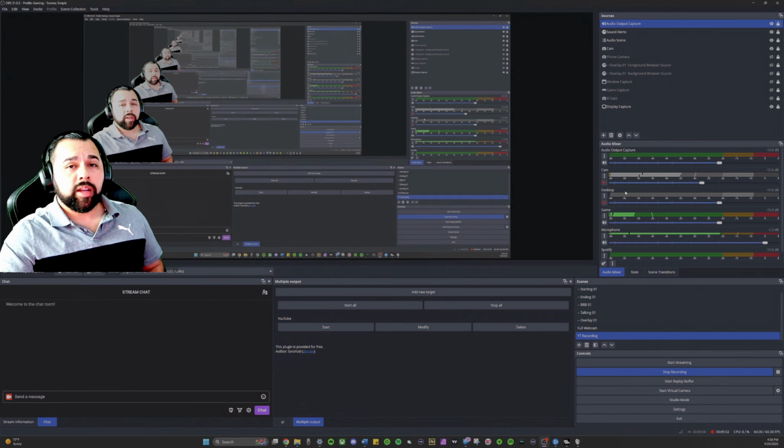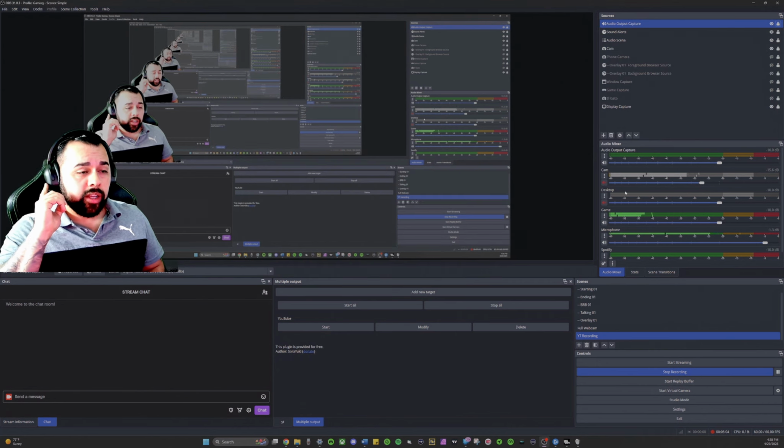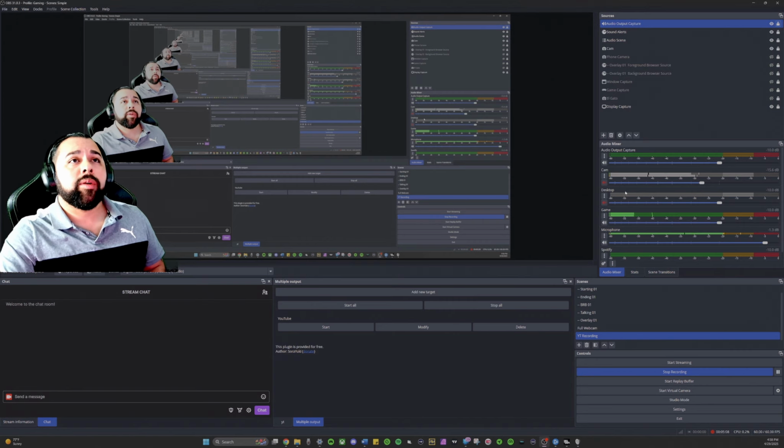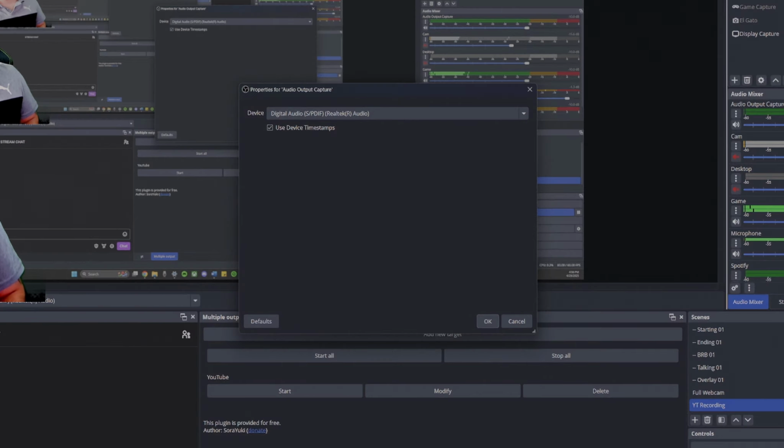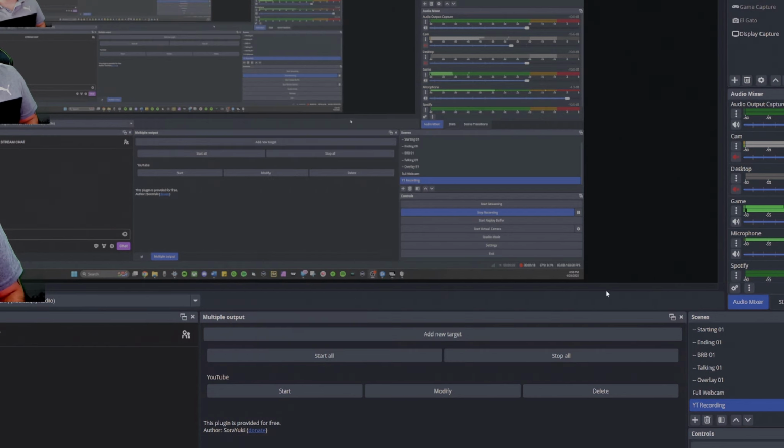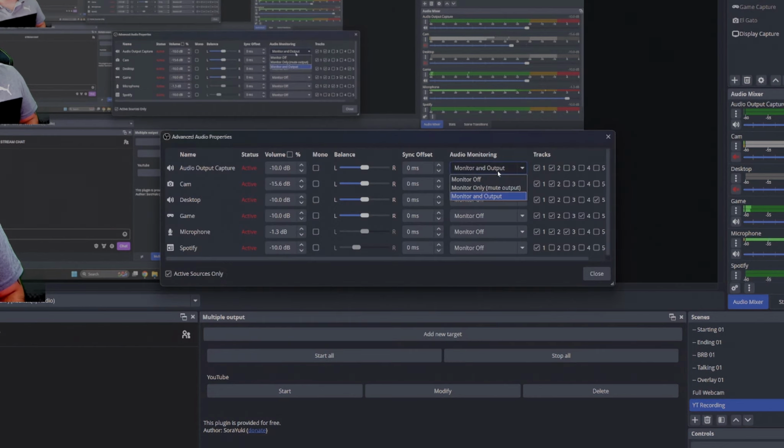So there we go. As soon as we start playing and they start talking, you should be able to hear the game here, because now we're monitoring this. So again, this is being recorded by our video, our live stream, and then it's also being heard by us because we have it as monitor and output. If it were to be the monitor off, then we wouldn't be able to hear the chat. We would hear the game. You would see the people talking in the chat, but you wouldn't be able to hear them,